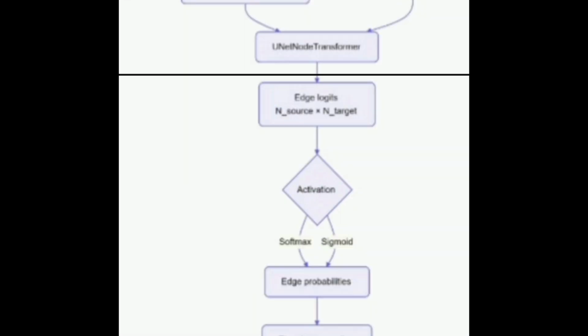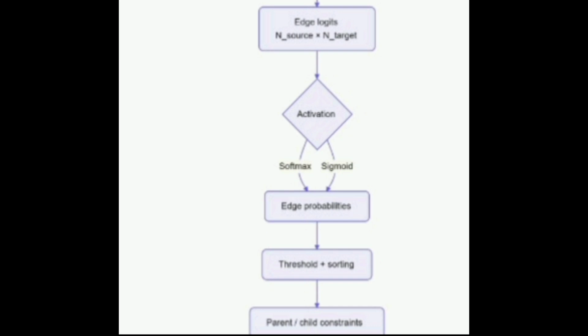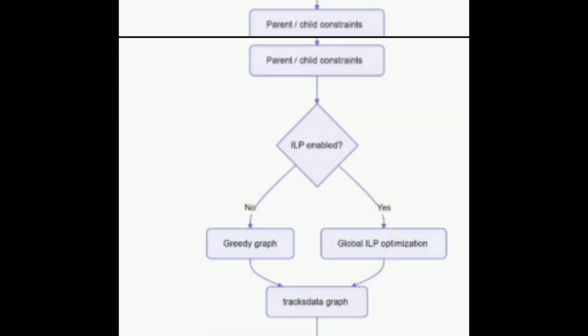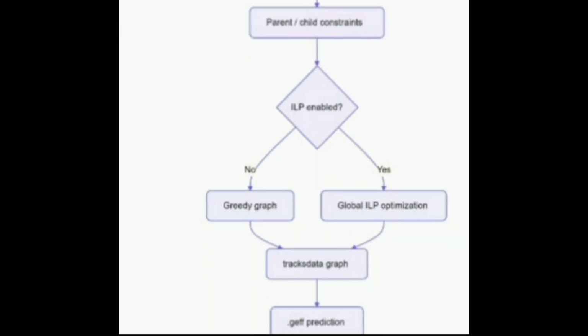The node transformer compares cells across consecutive frames and it predicts how compatible each pair is. Those predictions become edge probabilities. Then we filter the candidate edges, make a biologically sensible graph, right? We apply graph constraints, and how we do that is we apply a greedy algorithm or ILP, right? And then we get a lineage graph, and that graph is saved as a .chef file, which is a graph